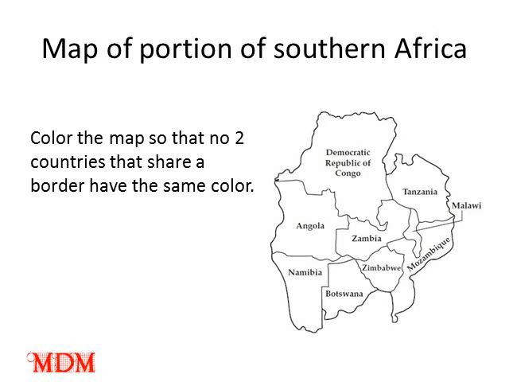Shown here is an uncolored map of a portion of southern Africa. Using a copy of this map on your handout, color the maps so that no two countries that share a border have the same color. Remember that you can write the colors in, or you can actually use colored pencils. First of all,